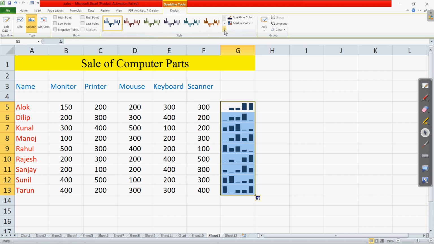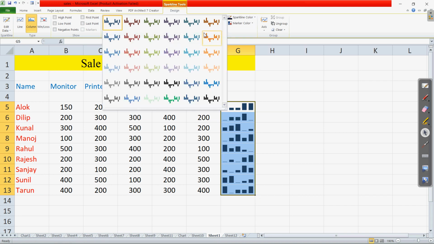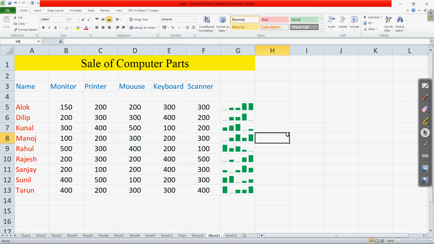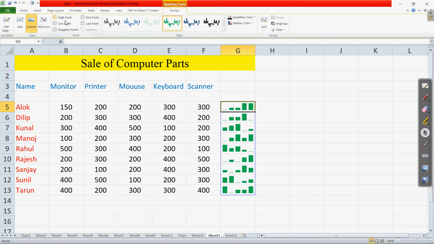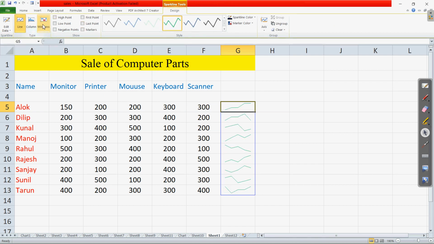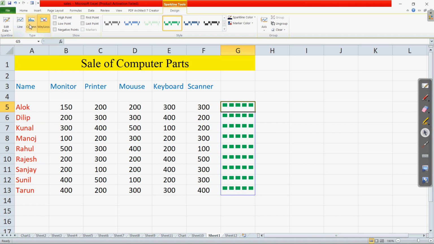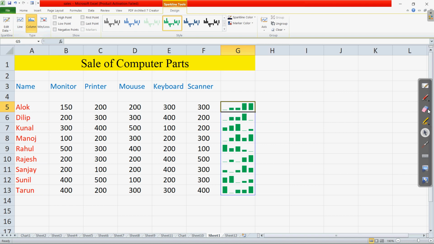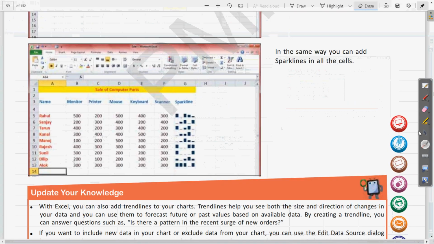Whatever style and formatting you want to choose, we can find all these in the Design tab. So here let us change the color of any of these. So here is the sparkline created. Not only this, if we come to the Design tab, we can change the type here also, like if you want to create the line or win loss, this can be done using these different types of charts. Clear? So now let us come back to the textbook and complete the